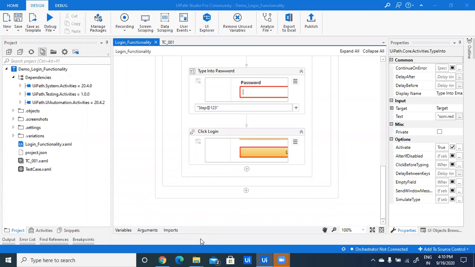So are you getting everything? If you don't have any query, you can just say yes in the chat window, so that we will get to know that you are getting everything. And it is very simple how to use this drag and drop method and create your first automation test case. Just put yes, you are getting it, so that we can move ahead.